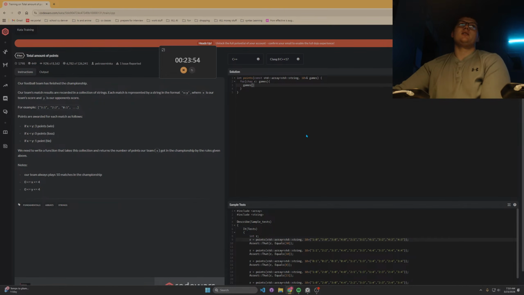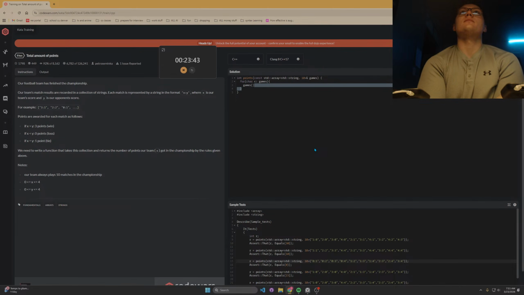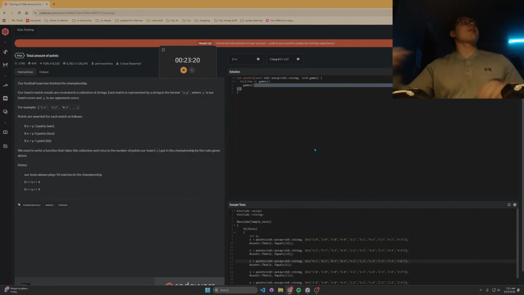So all we really need to do is look at the after and before this. I don't even know what I'm thinking in this scenario. Index 2 will always be the second. So all I need to actually do is